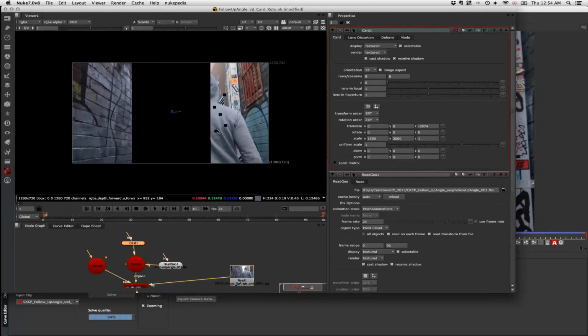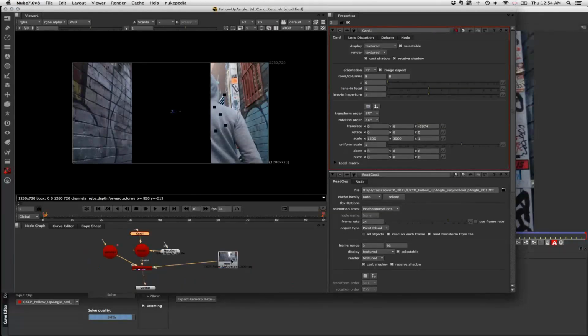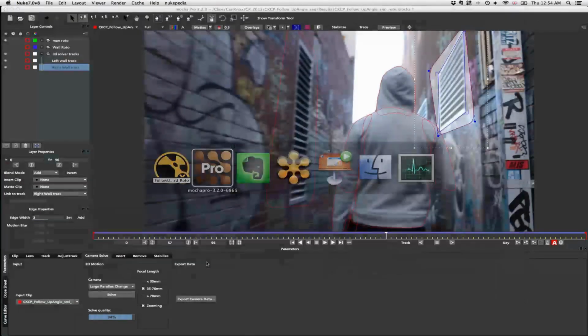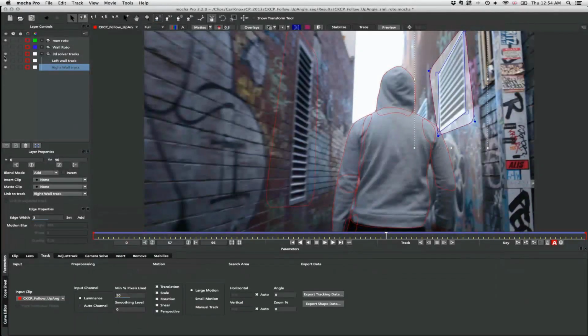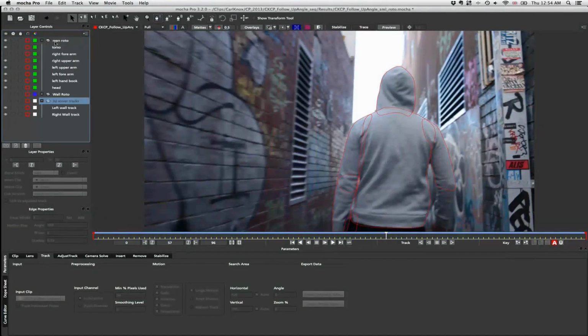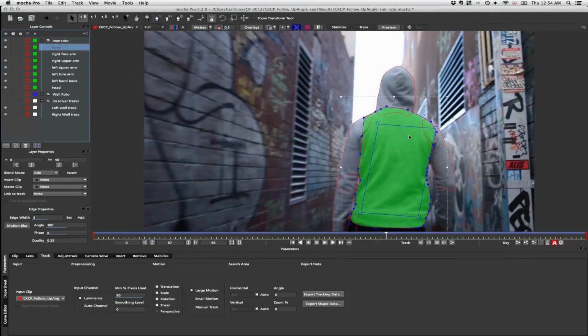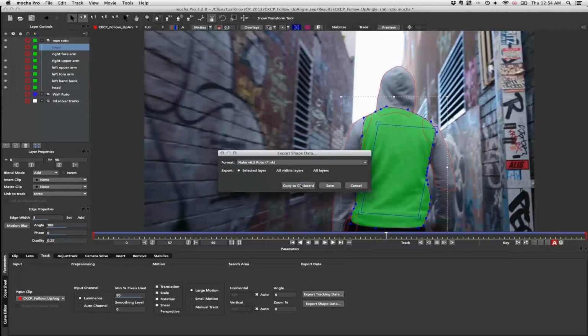So the next thing we want to do is, obviously, it's covering most of our shot. So I want to bring my Roto in. So I'm going to go back over to Mocha. I'm going to go back over to the track node and select my man here. Now I'm only just selecting one part of the shape because I'm only going to export the visible data, and in this case the visible data is just my man. I've turned off the eye for my 3D solver tracks. So I'm going to export that shape data out, copy it to the clipboard,